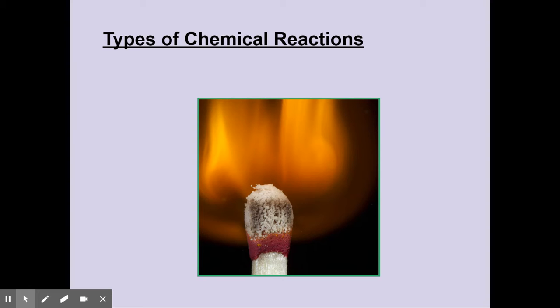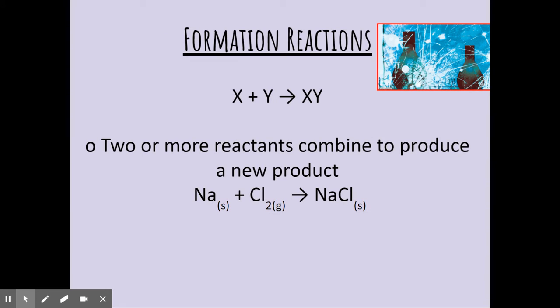Now, chemical reactions, or types of chemical reactions, is not evidences of chemical reactions. Instead, we are going to take everything we've learned from how to make ionic compounds, how to make molecular compounds, solubility, balancing, skeleton equations, and add it all together with this last little bit on how to tell what type of reaction is occurring. So we're going to start in our notes with the very first one, which is called